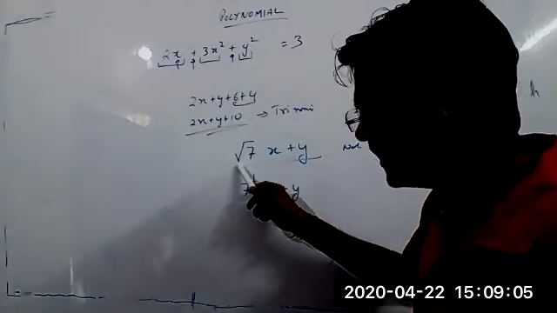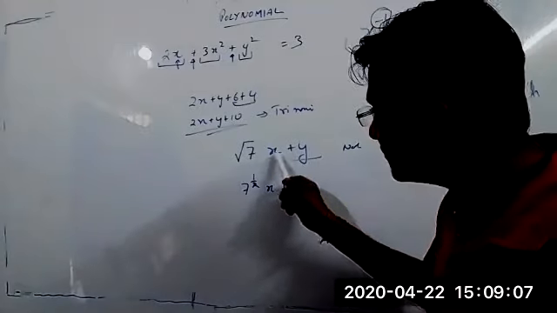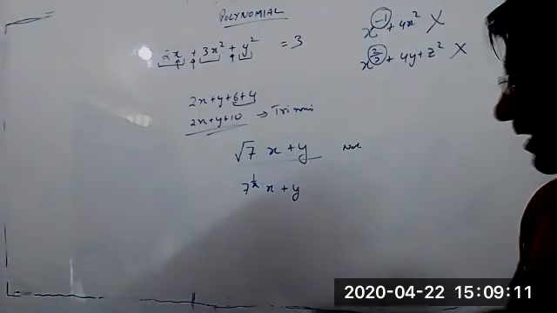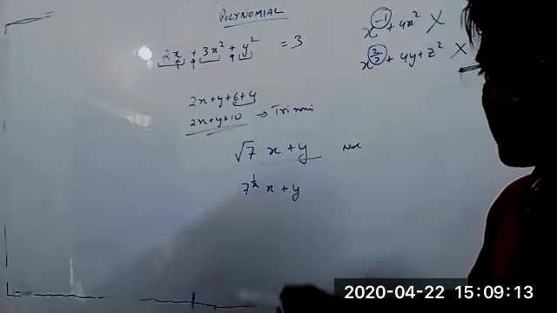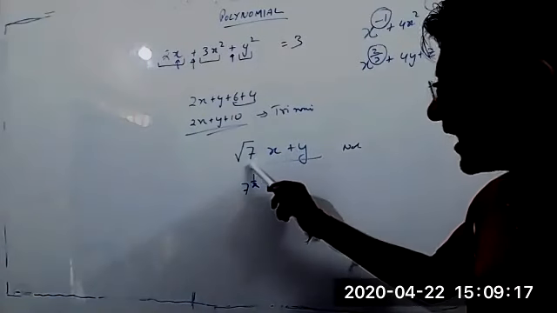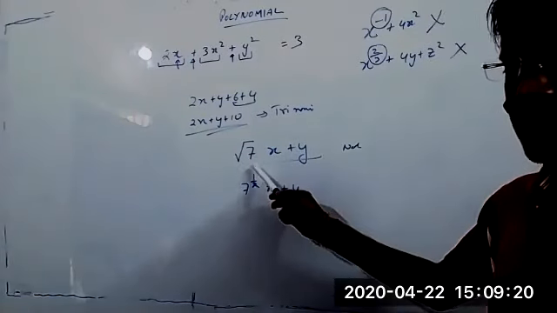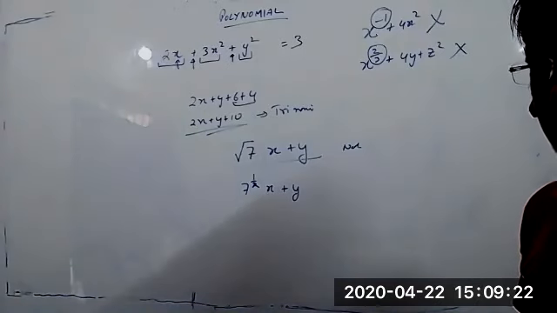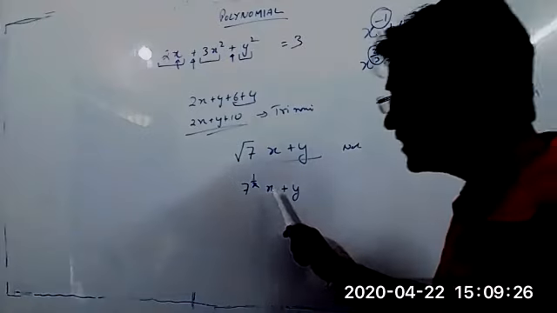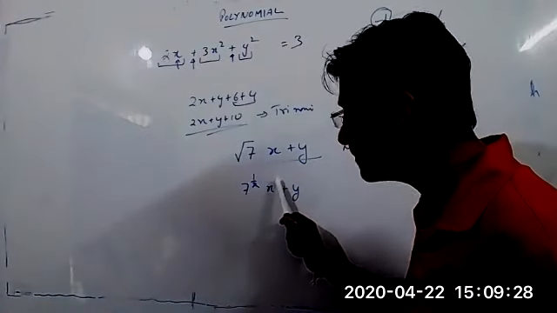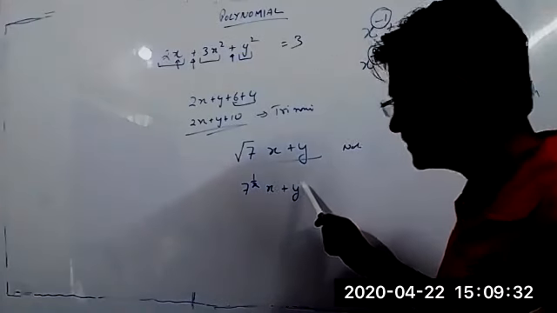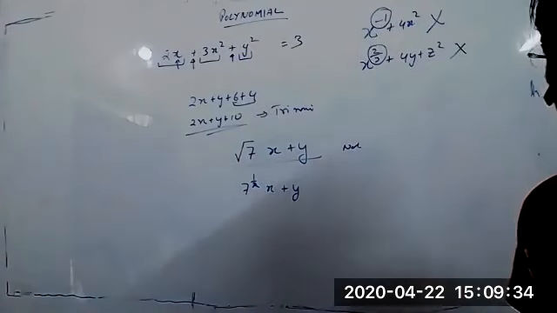See, the under root is with the constant, not with the variable. We are talking about the variable. Their power should not be negative or fraction. Did I say anything about the coefficient or constant? It can be anything. The definition says variable power should be a whole number. Here variable power is 1, here variable power is 1. So it's a polynomial.